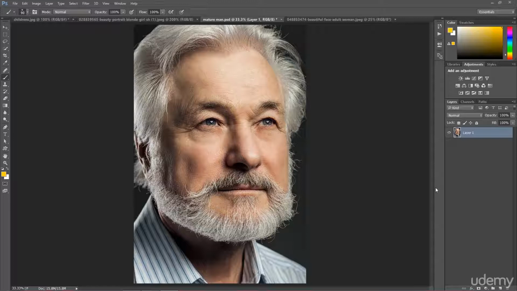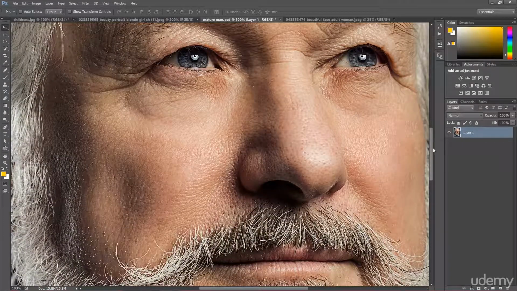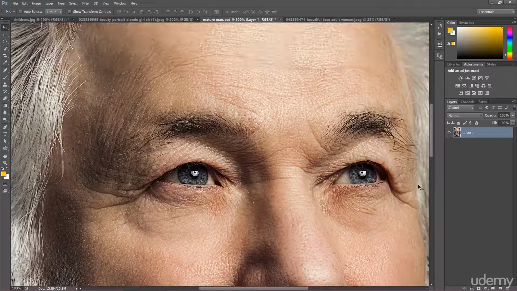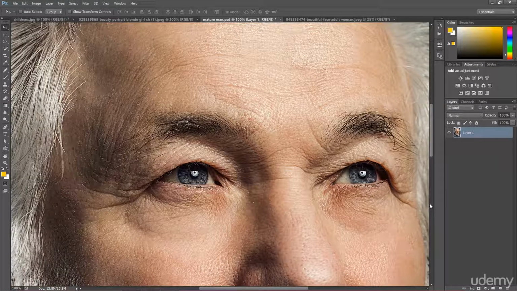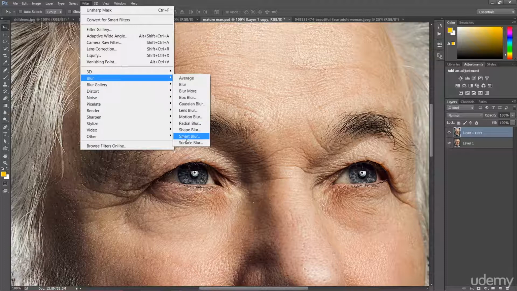So I thought I will show you on this example where we have a lot of details, and this image is really great to show you different kinds of examples. And of course I'm going to start with the smart blur. I'm going to duplicate this layer at first. Let's go to Filter, Blur, and at the end we have two options, smart blur and surface blur, which are